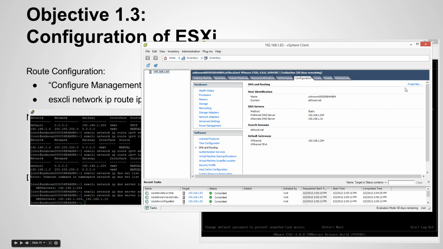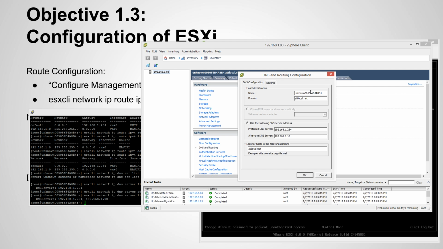So DNS, there is the DNS and routing area that we were in before. However, instead of going to the routing tab, you stay on the main DNS config area. And then you have your preferred DNS, as well as the ability to add in the search domains. Your domain looks like